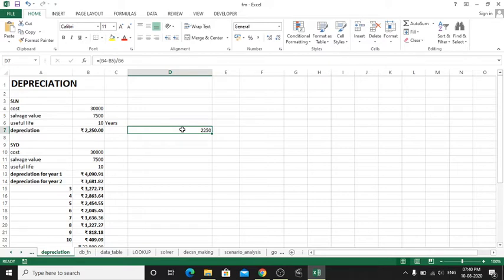So SLN is the very basic depreciation function which will calculate for a single period of depreciation. Okay, single period within an asset's useful life. So the actual calculation is cost minus salvage value divided by useful life, whereas in Excel we have to just apply the argument values like cost, salvage value and useful life. Okay,